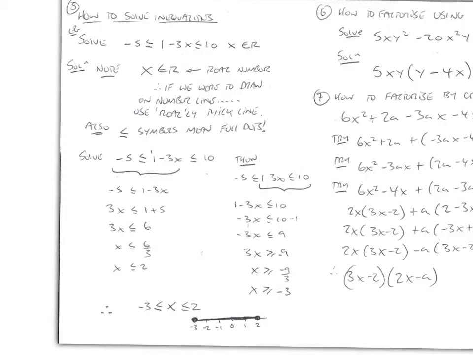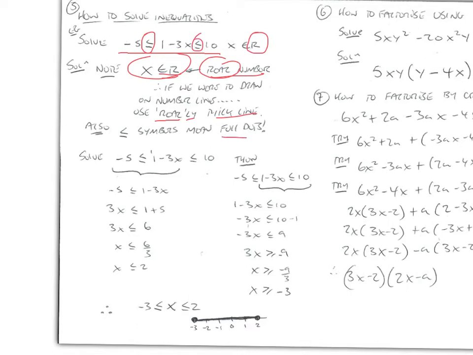Okay, let's look at how to solve inequalities. So here's an example. Solve minus 5 less than or equal to 1 minus 3x less than or equal to 10. And our values for x will be real numbers. Okay, and if you remember back when we're doing inequalities and the number line, if the solution is an element of the set of real numbers, which is what this means here, then when we draw our number line, we'll use a really thick line,